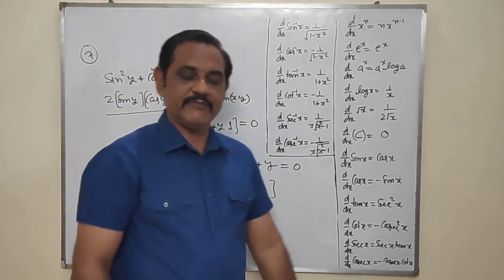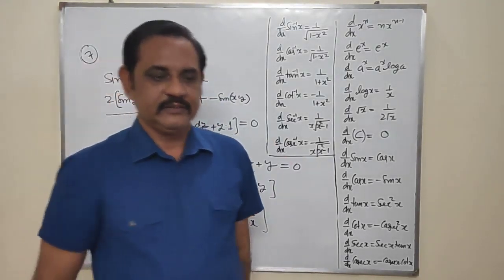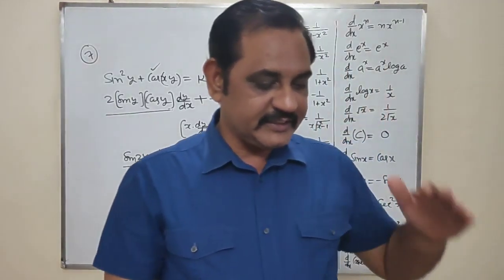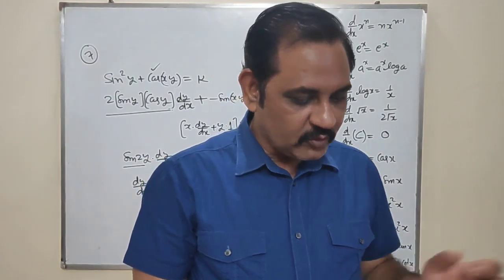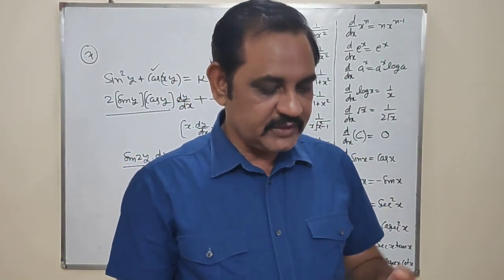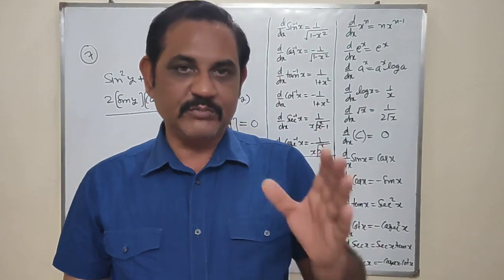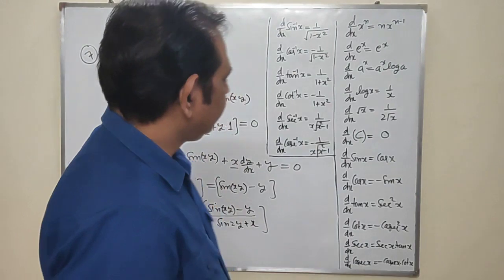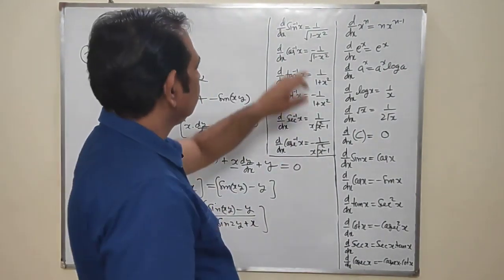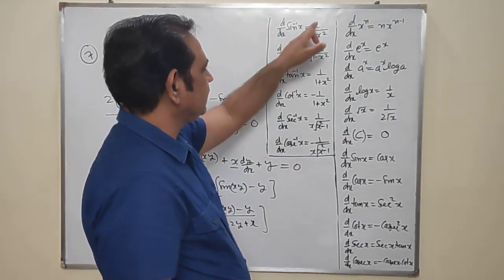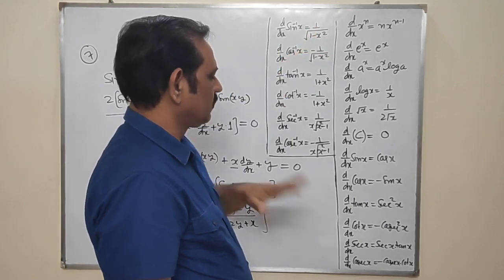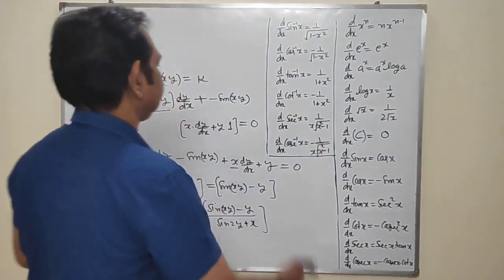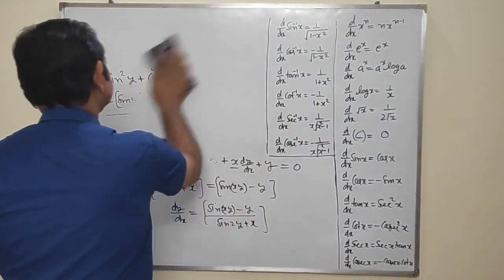Now I am doing some differentiation of inverse trigonometry. We will discuss this chapter later on; inverse trigonometry is chapter 2. But this time we have some questions of inverse trigonometry, so we have to do them. We can use the direct formulas of inverse trigonometry. This is the differentiation of sine inverse x, that is 1 upon square root of 1 minus x square. Similarly, all the formulas are written. I will apply these formulas directly.